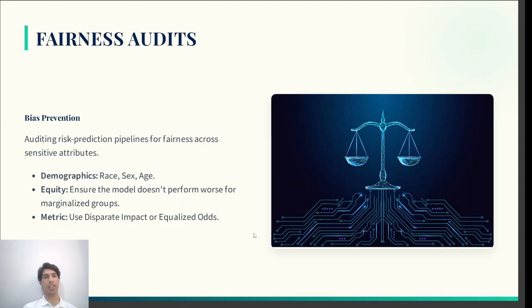Then we have the fairness audits, and the purpose of these audits is to prevent bias against a certain group or demographic. So, auditing risk prediction pipelines for fairness across sensitive attributes. These attributes may include demographics and equity. We must ensure that our model does not perform worse for marginalized groups, and the metrics that we use in these fairness audits could be disparate impact or equalized odds,